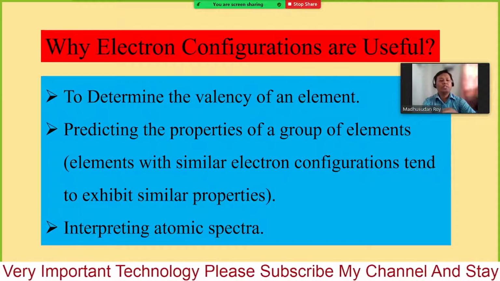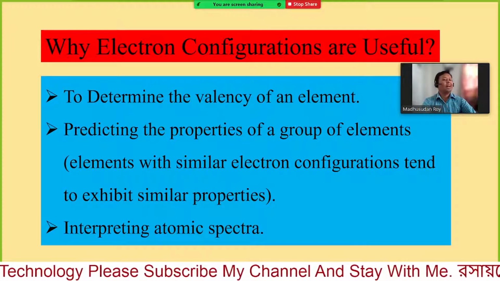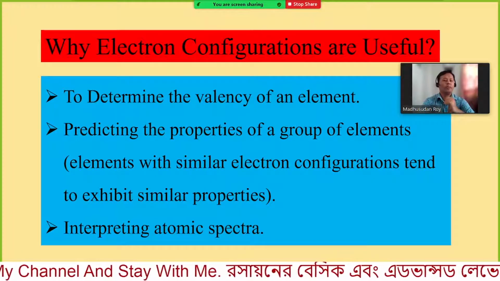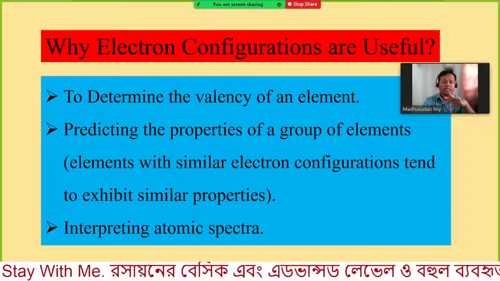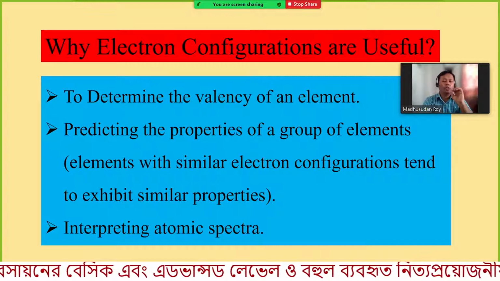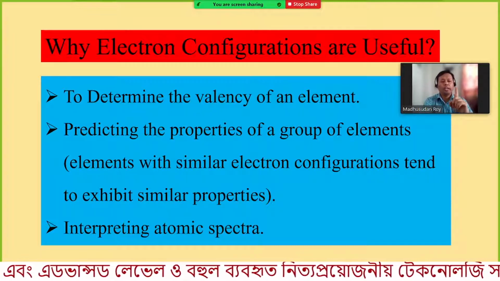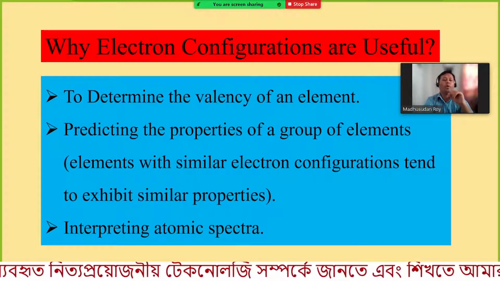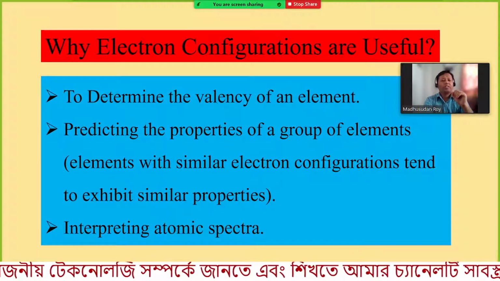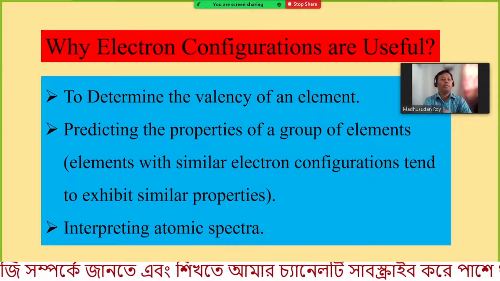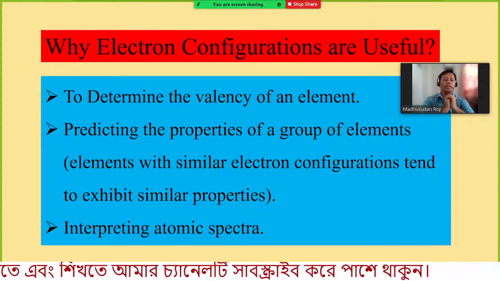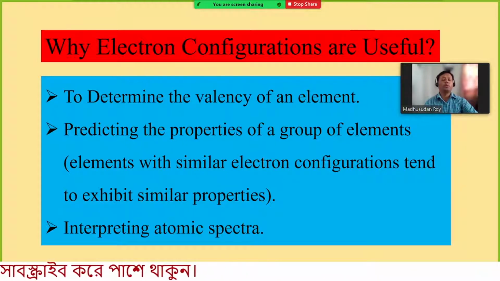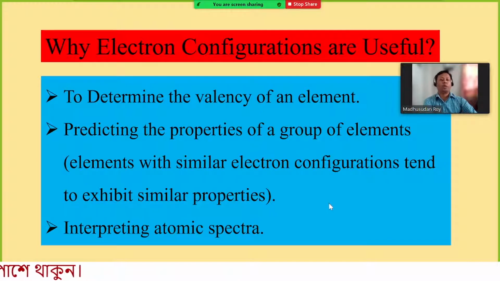Then how can you consider them? They have 1 electron in the outermost shell. Therefore they can easily donate that electron to someone. This is the characteristic of those elements, because we know from the electronic configuration it has only 1 electron in the outermost shell, so it can donate 1 electron and form a positive ion easily. This is the characteristic of that group of elements. So if you know the electronic configuration, you can predict or understand the chemical properties, electronic properties or even physical properties also.